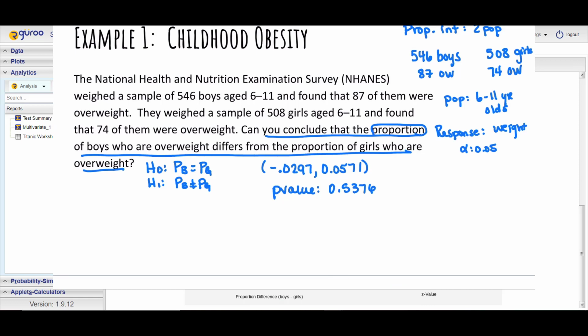All right, so I'm going to compare this to my significance level of 0.05. It is definitely greater. So if it's greater, we fail to reject the null. So if we fail to reject the null, we would say there is not enough evidence